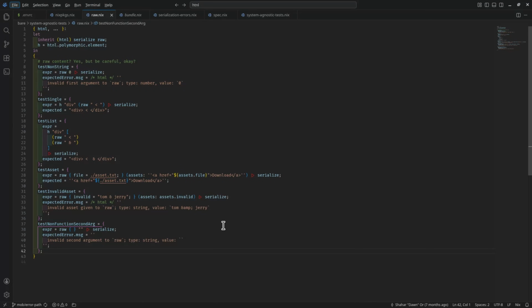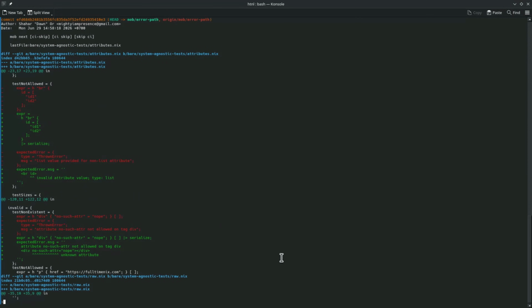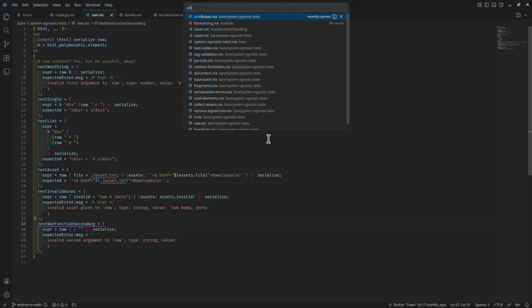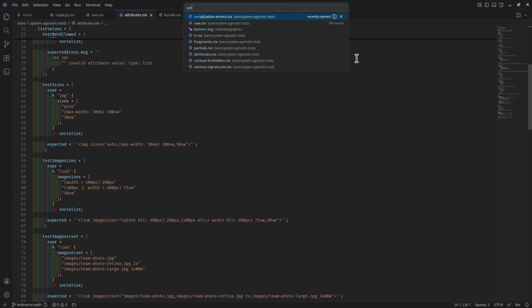And where were we the last time? Which file was it? Do a git show. Oh yeah, the attributes. So go to the serialization errors file,